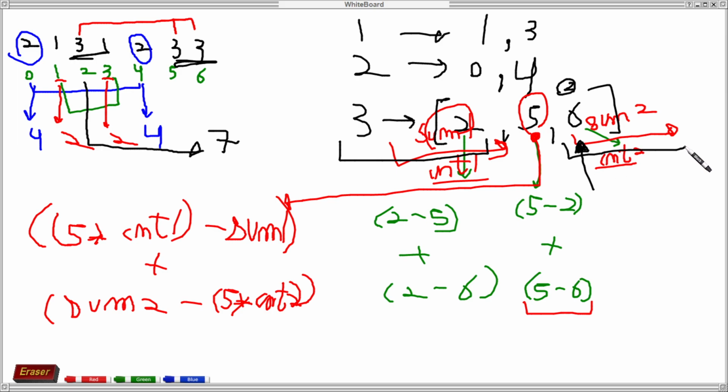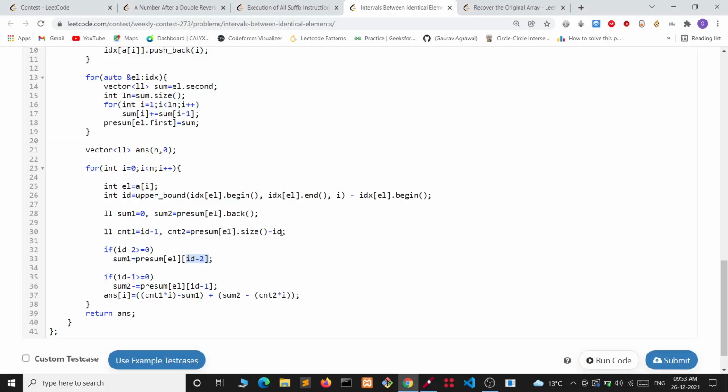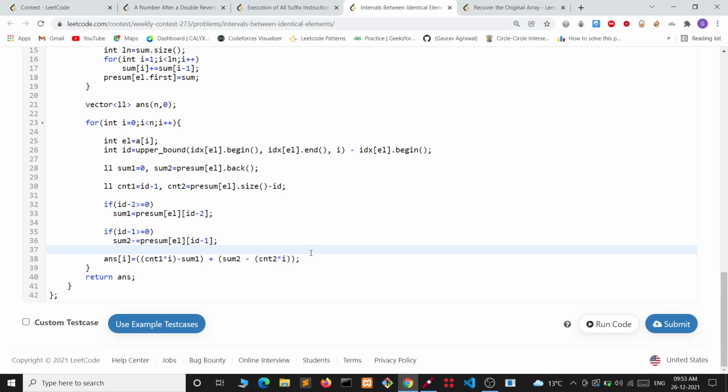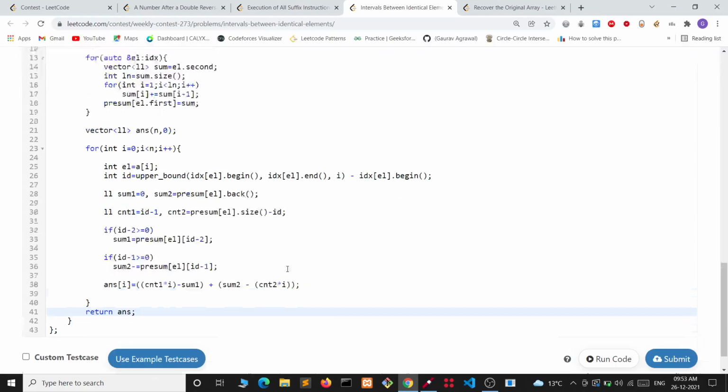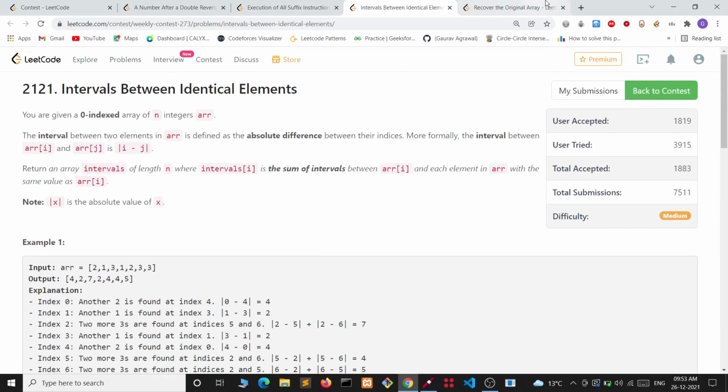And if we want this sum, then we have to just subtract sum of whole minus till this value. So we have taken sum 2 as pre-sum element dot back. This is the last element, and we are subtracting id minus 1 value. And this is the expression we have made, count 1 into I minus sum 1 plus sum 2 minus count 2 into I. And after it, we are returning the answer array.